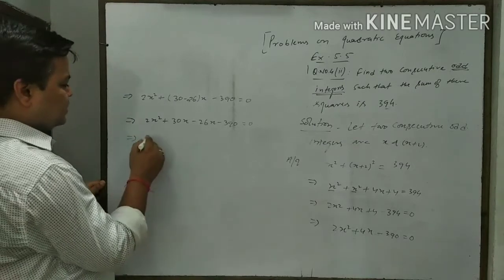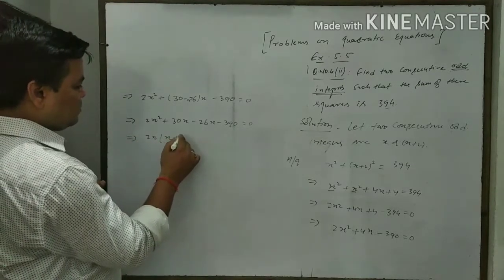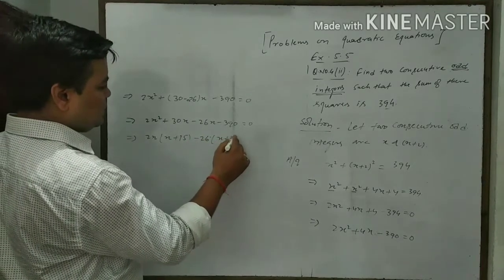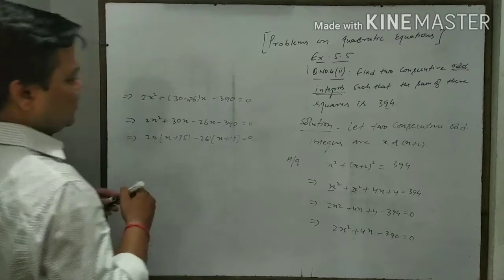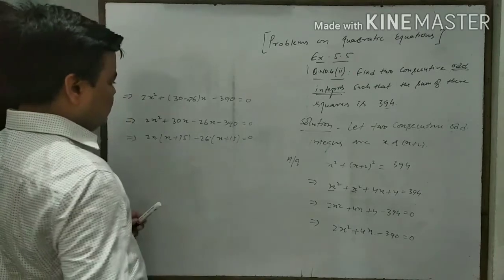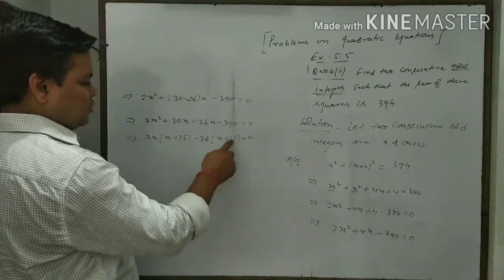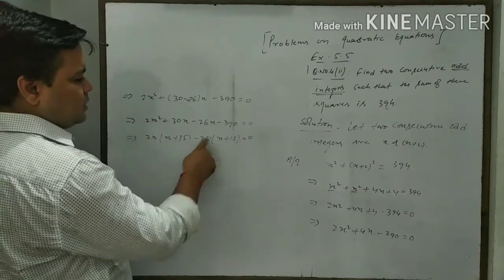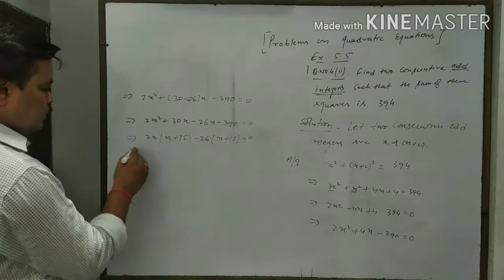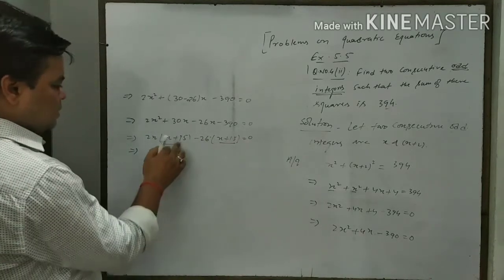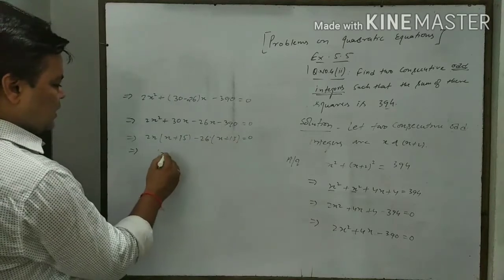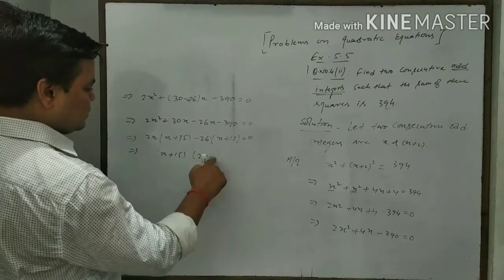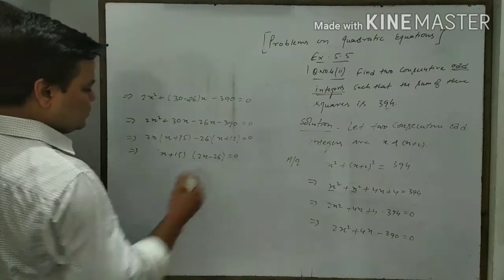Now we will take 2x common, it will be x plus 15. Take here minus 26 common, it will be x plus 15 is equal to 0. Here 15, because if you multiply 26 and 15 to get 390, 15 6 90, that is 0, carry 9, 15 to the 30 and 39. Okay. Now what is common? This and this are common. Then we should take common x plus 15. Here it will be 2x minus 26 is equal to 0.